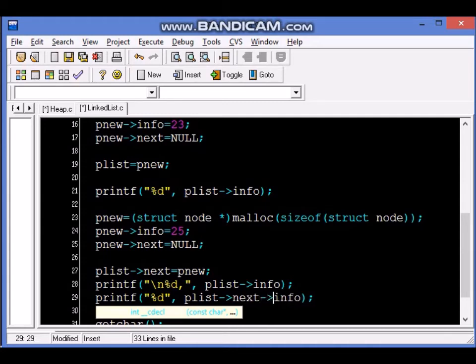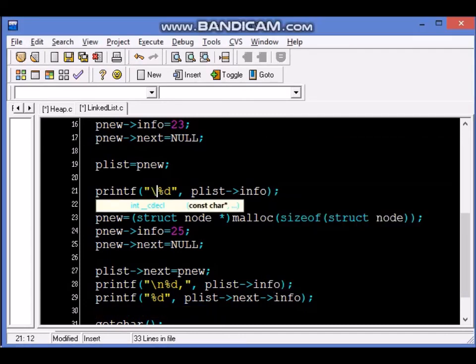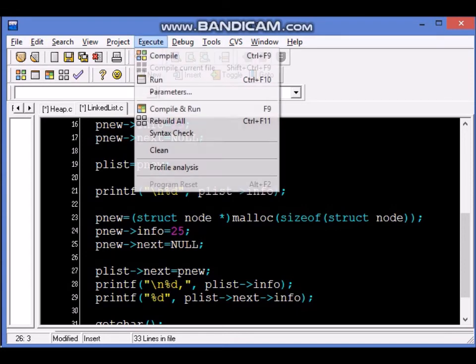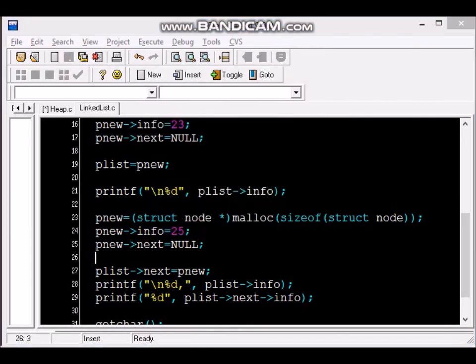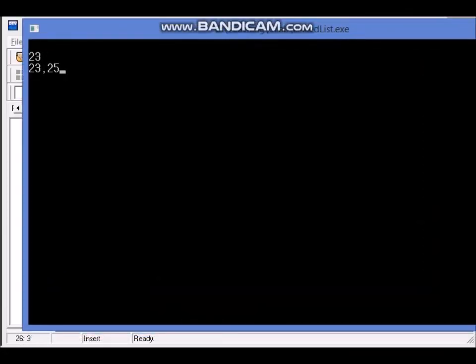So here two numbers should get displayed, and in the earlier case only one number should get displayed. Here only 23 should get displayed, and this time when it prints, it should show 23 and it showed 25. Let's execute it and see. So as you can see, we have added one more node behind 23 and it's connected to 25.